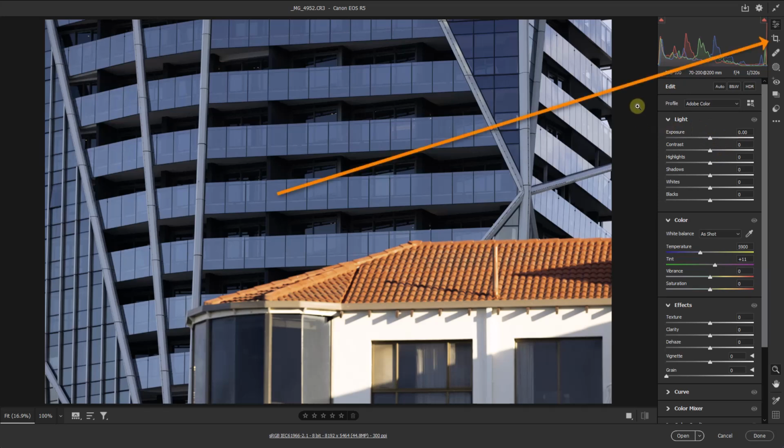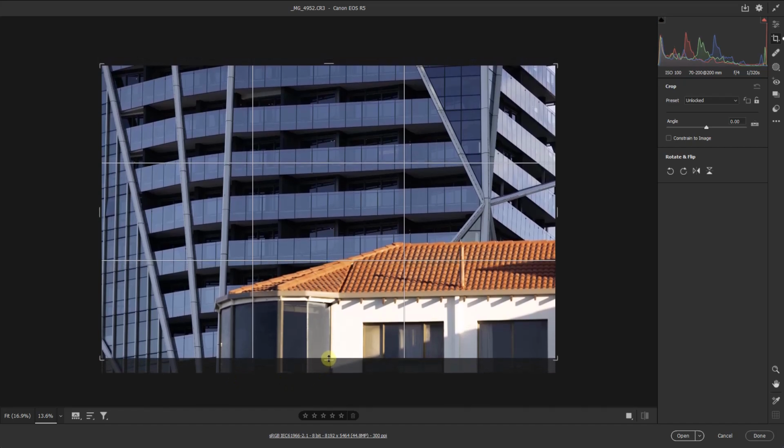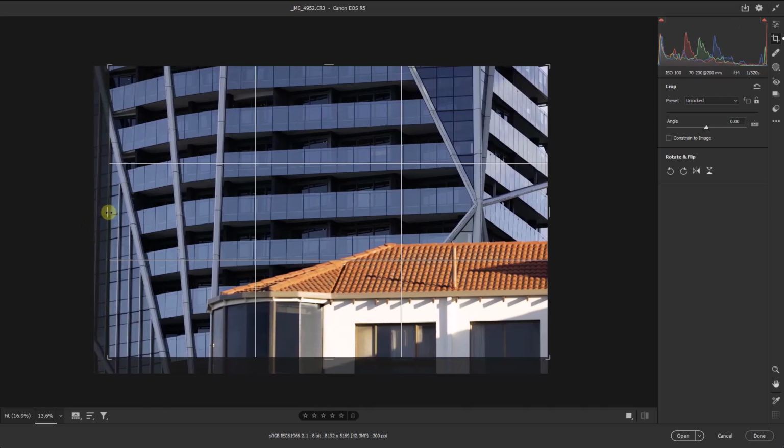So here we may need to do a little cropping. I'm going to pick up my crop, make sure the padlock is unlocked. I'm looking down at the bottom left corner to see if I can get rid of that little cross piece there, which is a bit distracting. So if I can come up a little bit at the base and maybe in a little bit there,